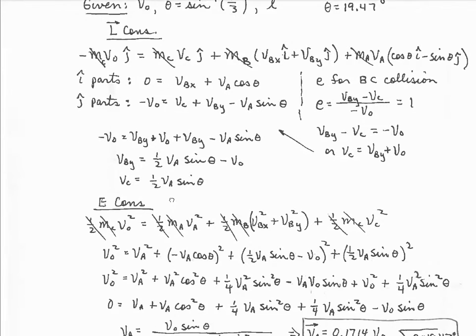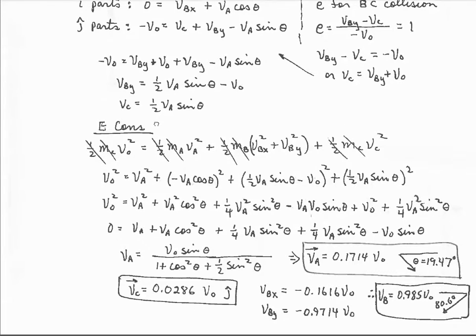If we write out our conservation of energy expression, then 1/2 mass of C times velocity of C initially squared is equal to 1/2 mass of A times velocity of A squared afterwards, and then this is the velocity of B squared afterwards, and this is the velocity of C squared afterwards. And the 1/2 m's would cancel out in all terms because all the masses are the same, so that leaves you with V naught squared, VA squared,